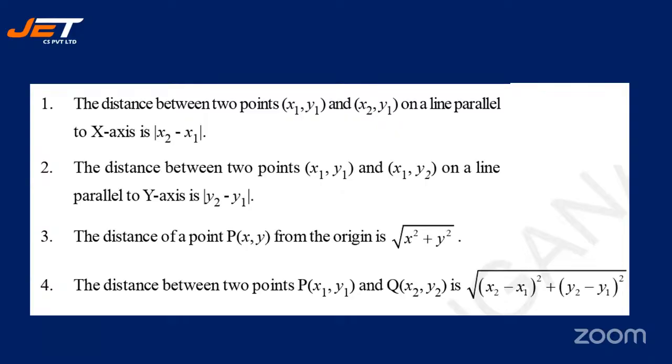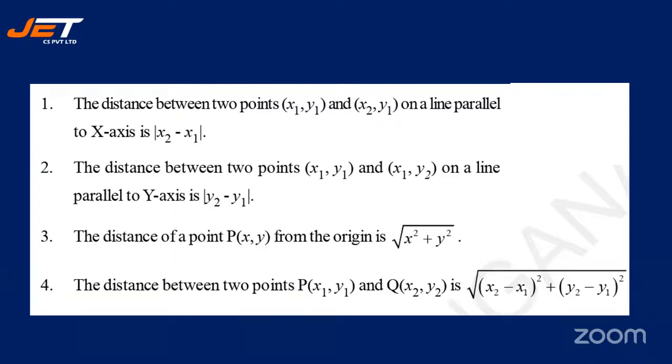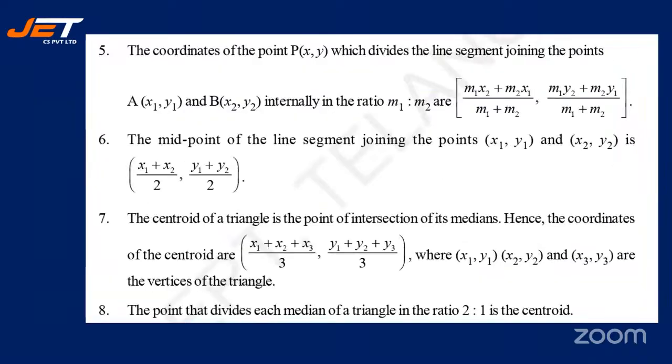The distance between 2 points P of x1, y1 and Q of x2, y2 is root of x2 minus x1 the whole square plus y2 minus y1 the whole square. Now, these are all formulas that we are just revising. Let's move on to the next one. The coordinates